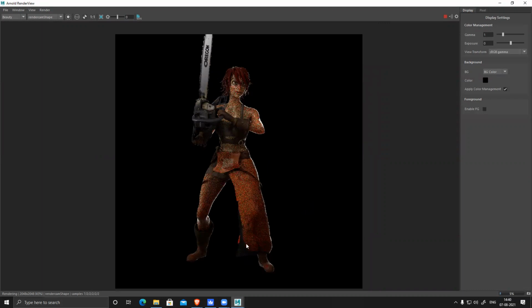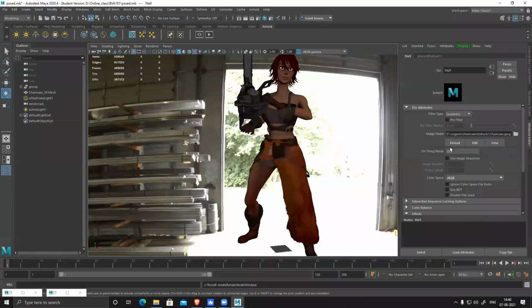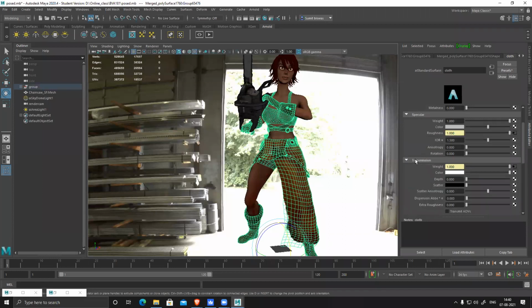But here you can see this part is supposed to be transparent, but still there is something there. Why? Transmission is correct.